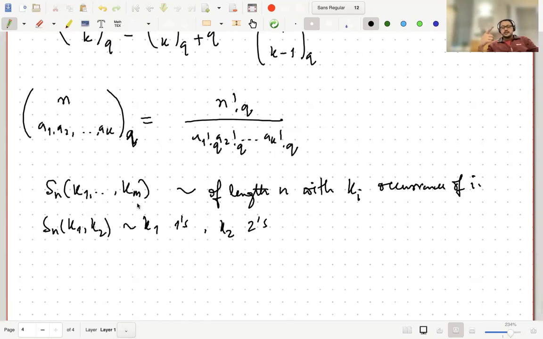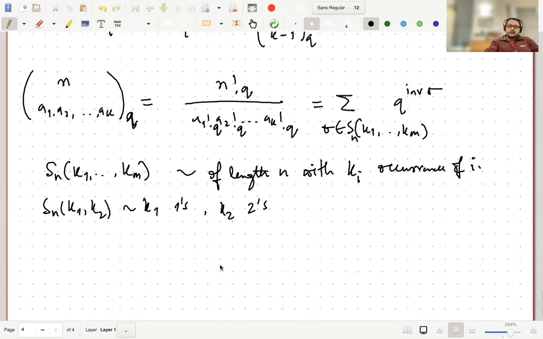Each number i occurs exactly once in a permutation, but here there is no restriction on the number. If we restrict ki to be equal to 1, then we'll get Rodriguez's formula. So this is actually equal to the sum over sigma in S(n; k1, ..., km) of q raised to the power the number of inversions